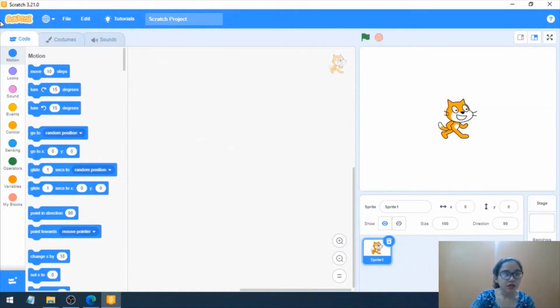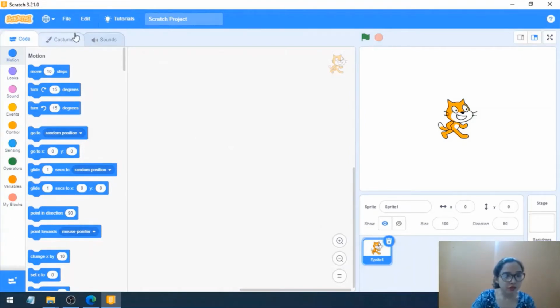Okay, on the top there is this small menu bar, which has a file, edit, tutorial and Scratch project. This is the name of the project. We'll talk about it a little later on, but let us focus on the three major parts of this interface. On this left hand side you can see code.